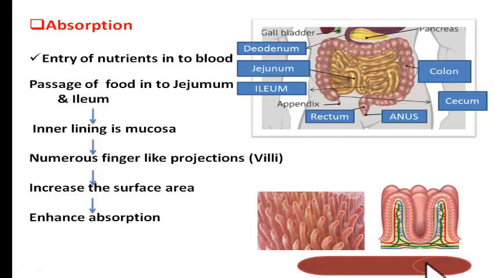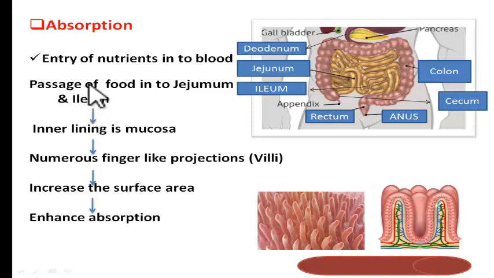Now another role of villi is that they increase the surface area for absorption. For instance, see, if there are no villi, the surface area for absorption available is only this much. But now they have finger-like projections. Because of that, they take a long path. See, they go this way, this way, this way. So the area of absorption got increased. That is the second role of villi.